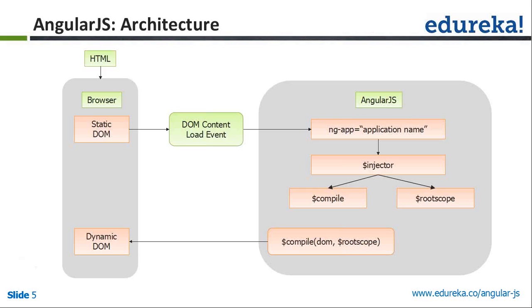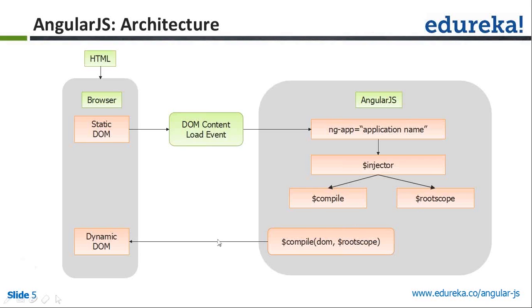And if you are creating a controller, this controller will create a child scope. So the child scope will be available only for the controller. So now what happens? It will take the static DOM of this application, and the application passes this root scope with the DOM to the compile method. This compile method compiles your whole DOM with your root scope, and it will give you